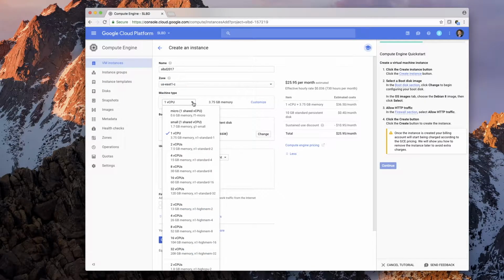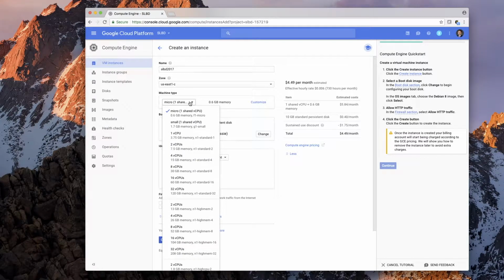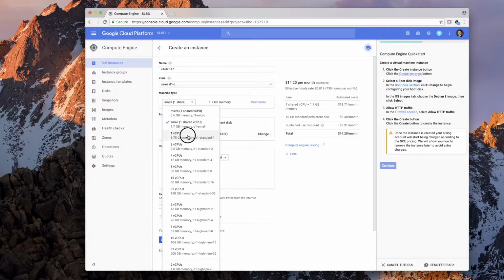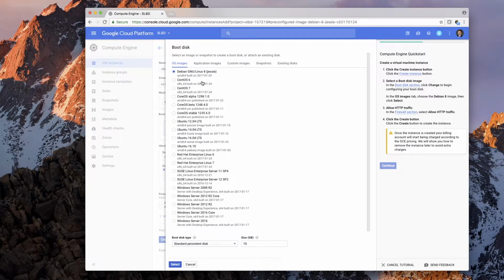And the CPU type, you can choose different CPUs, and if you choose small or micro, it will usually cost less. For this course, we can start with very small CPUs. Let's just say one virtual CPU. And for the disk, let's just get the 10 gigabyte. Let me try a different version. Let's say change this. It then asks you what boot disk you want, and